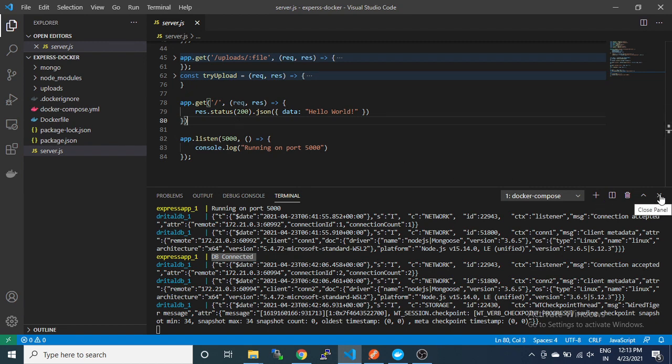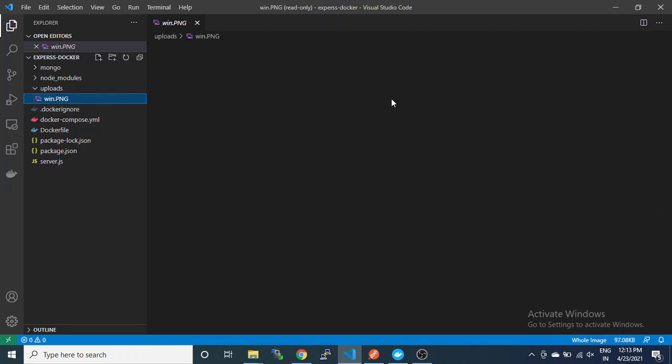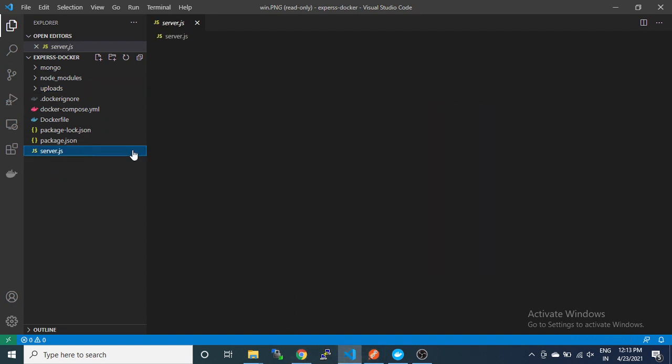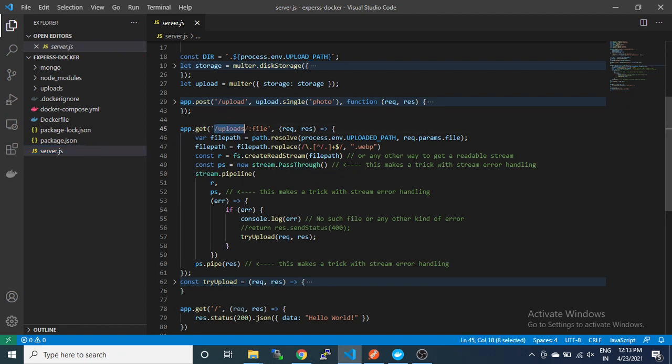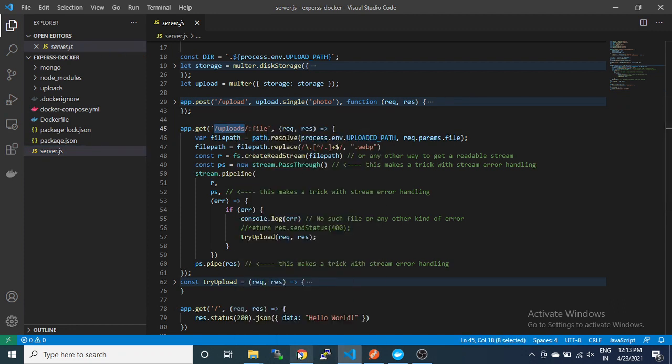Okay, so what we have to do is to upload. First we will test that we have already a win.png file, this image. So we want to access it from the URL, so win.png. So our retrieving is uploads slash file name.